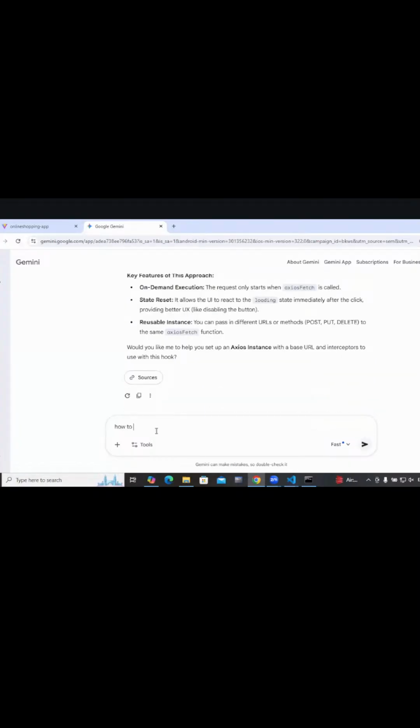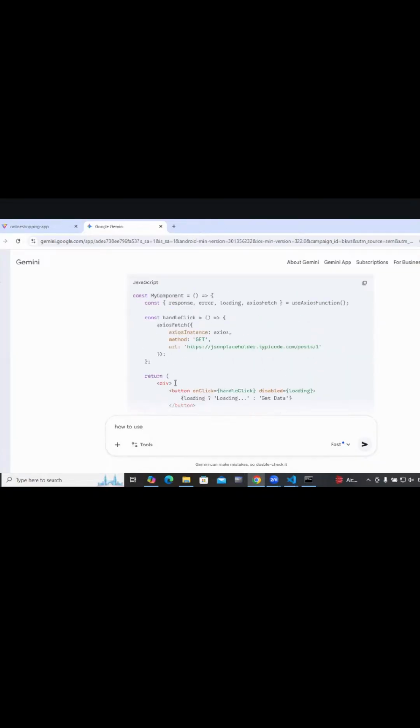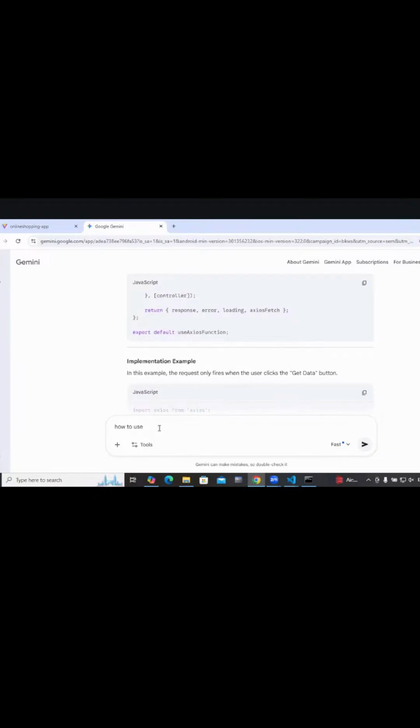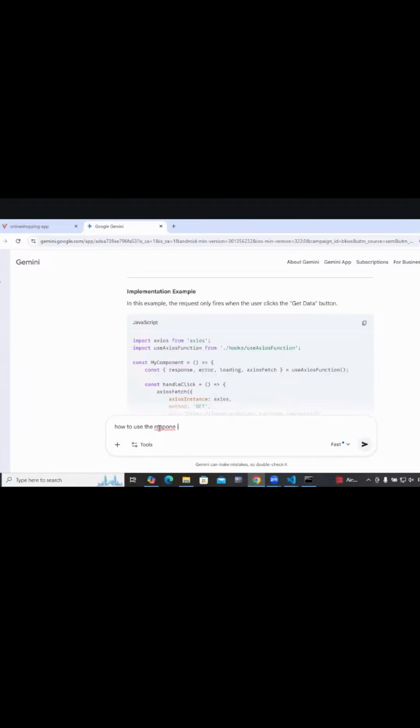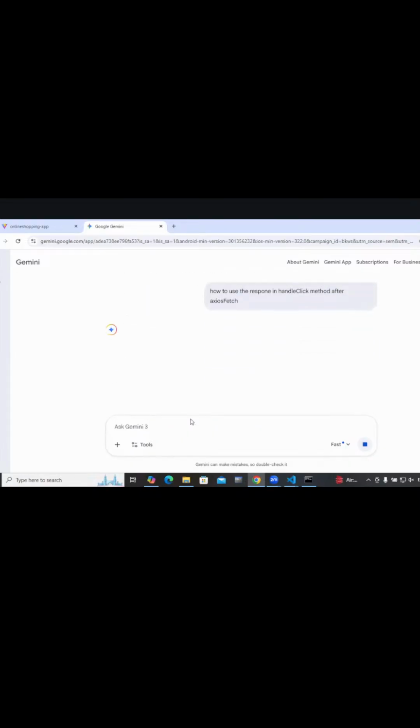How to use the response in the handle method after fetch.